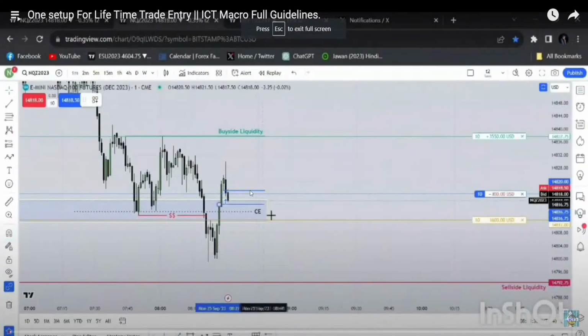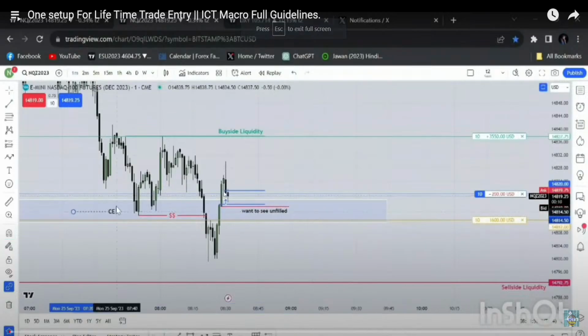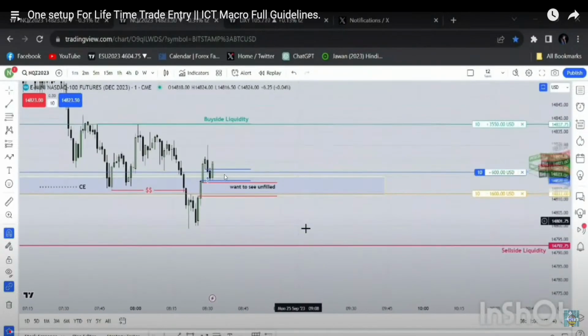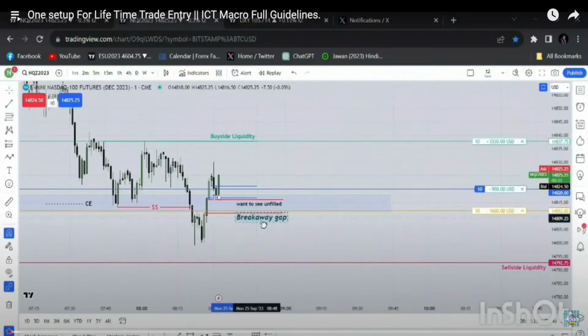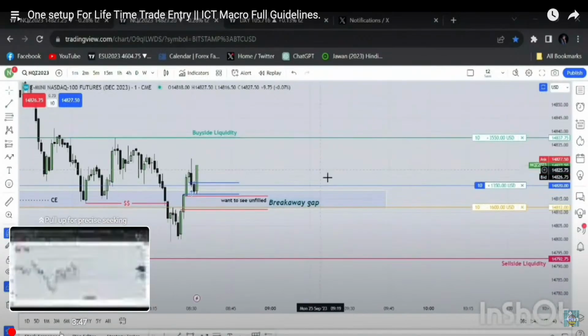Over here I have just shown you that I took the macro entry depending on the macro. So that was the macro entry at the beginning. Absolutely the perfect macro entry. I have showed it to you. Then